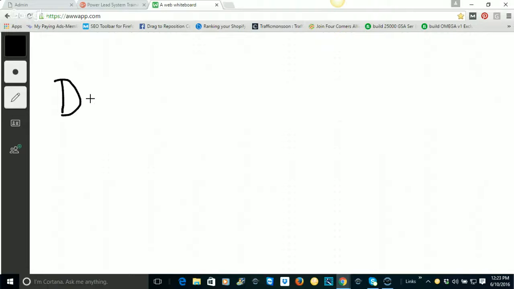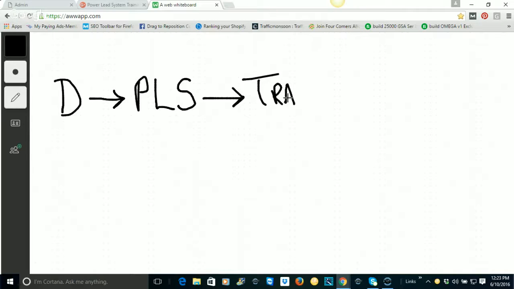I'm going to put D for doTERRA. In order to promote doTERRA online, we need a marketing system, which PLS does. In order to make this work, we need visitors, we need traffic. There are several ways to get traffic. Traffic, leads, whatever you want to call it, that's right. So Traffic Monsoon is one of the ways to get traffic, and what I'm doing with it,